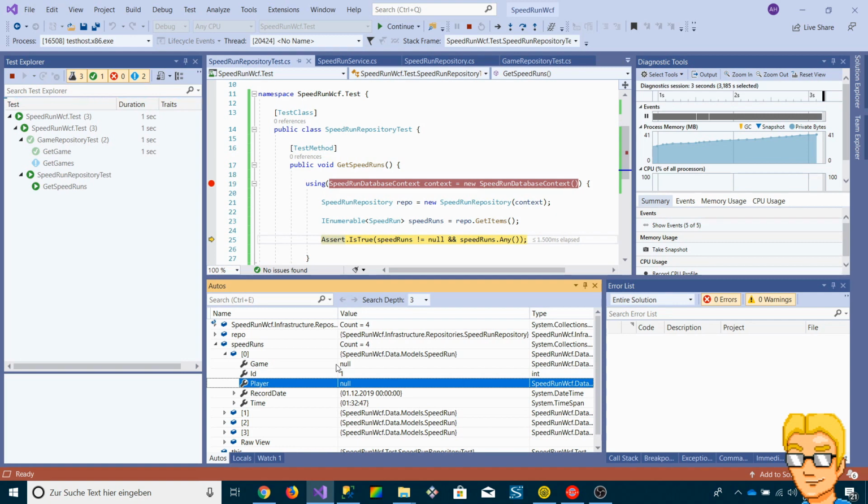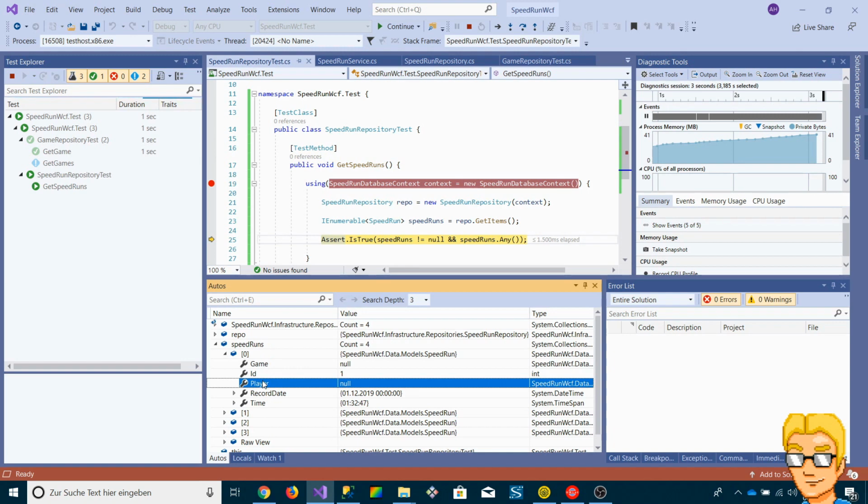Maybe all we need is the ID and the record date and the time. Maybe we don't care about the player and the game, and so Entity really just does what it needs to do, and it doesn't load the full object graph. Basically just returns the base object,